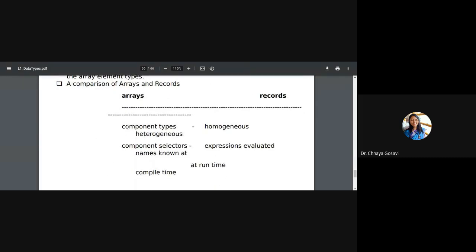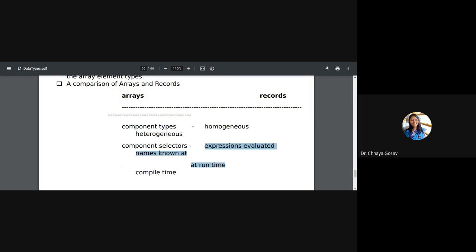So to compare arrays and records, component type: in arrays it is homogeneous, meaning all components should be of the same type. In records it is heterogeneous, the type of each component can be different. Component selection: in arrays you can have an expression evaluated at runtime, A of an expression, and the value of I can be decided at runtime.